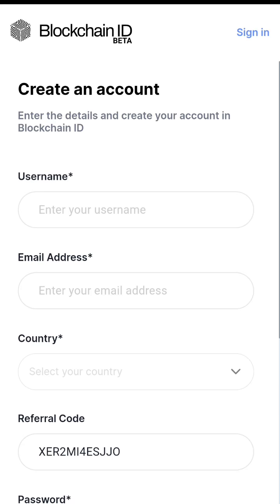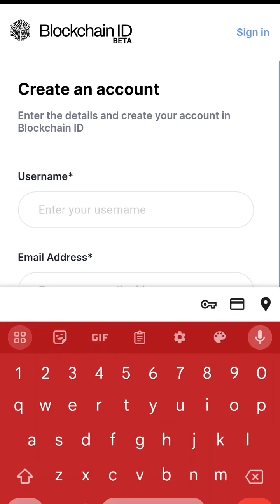So today I'm going to tell you how you can sign up, how you can register in LFI. Just click on the referral link, and you will be on a page after registration. Write your username. You can put any username. If this username is not available, you will need to change your username.